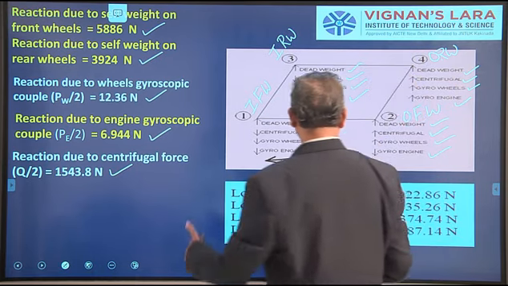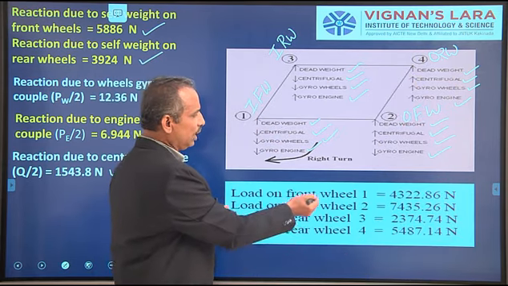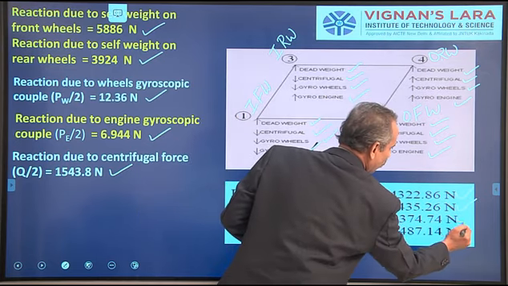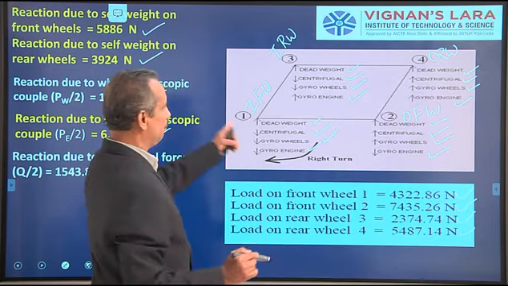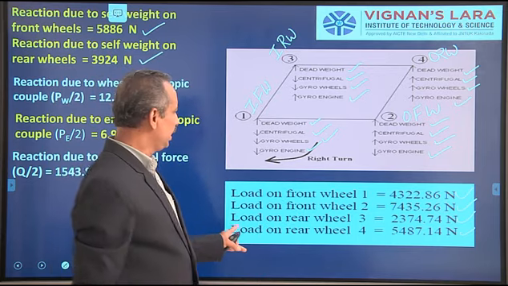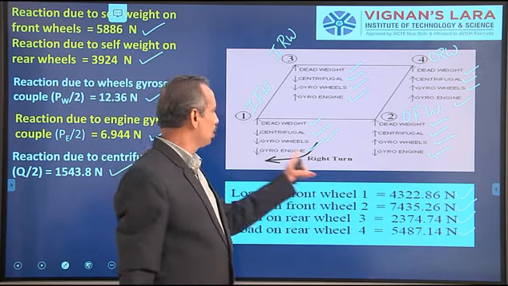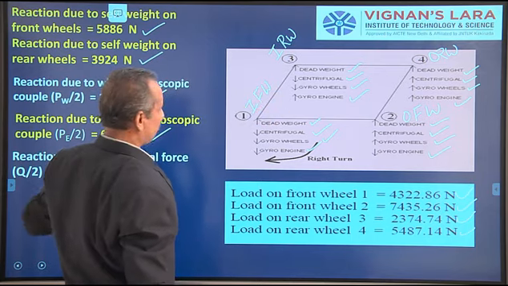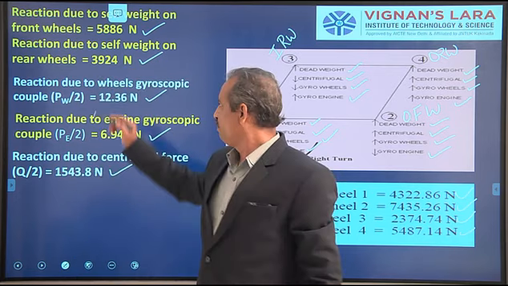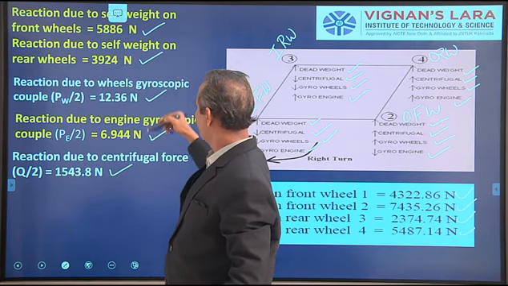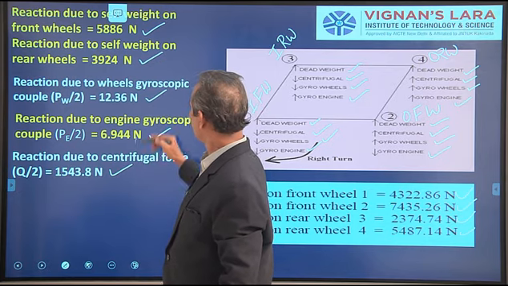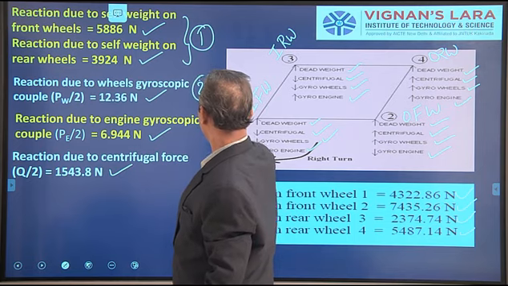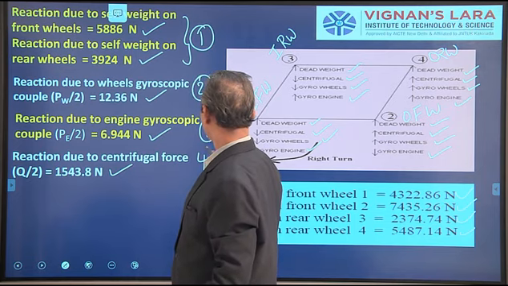Then you can get the total load on wheel number 1, wheel number 2, wheel number 3, wheel number 4. I am giving you homework to add and summarize and get this final solution. It takes another 5 minutes only. So you just see the sign methodology, and the values are available on the left hand side. You have the values here, 1, 2, 3, 4. Okay, 5. These 2 will be one category. This is the second category, third category, fourth category.